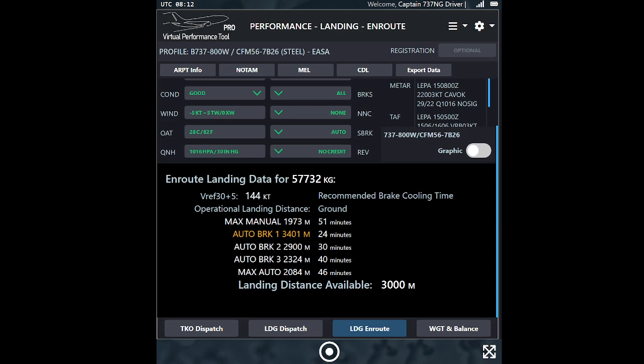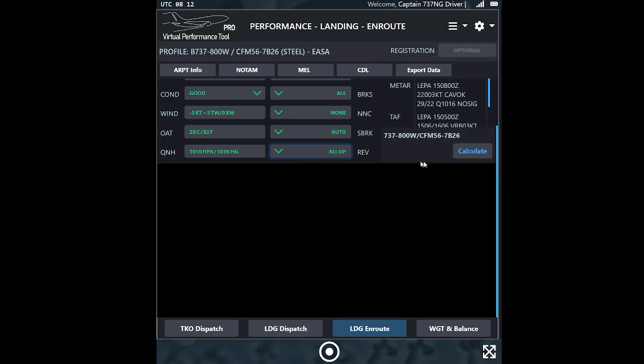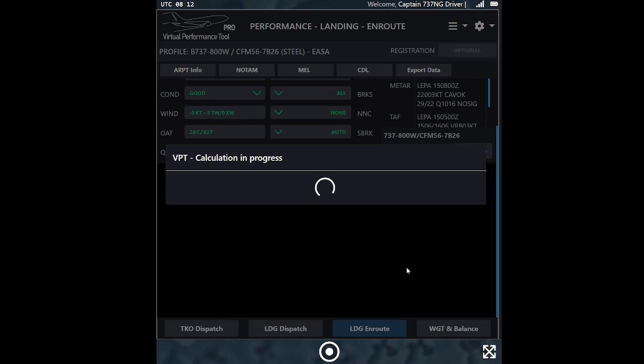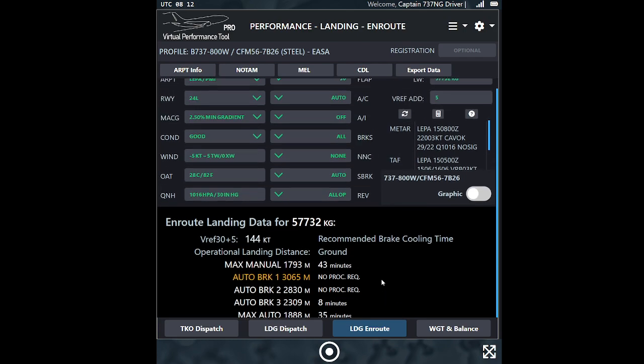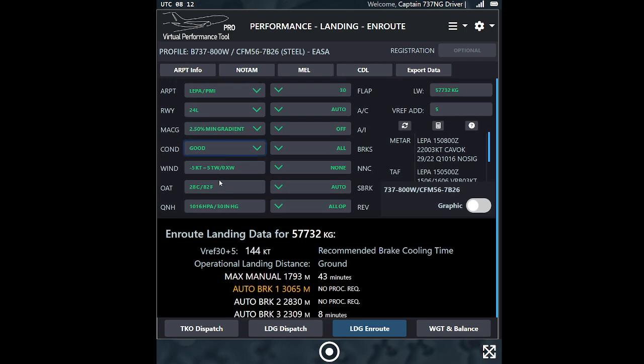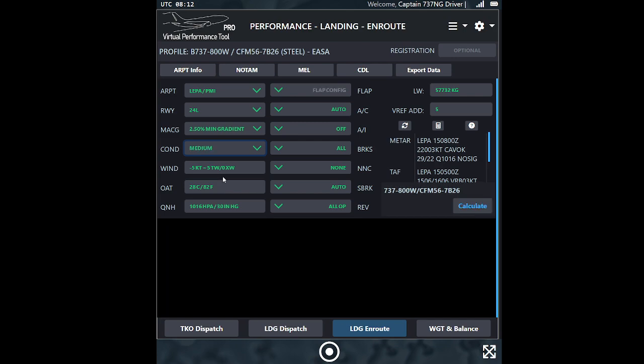And you can see 2,323 meters with no reverse credit. Now if I'm taking reversers all operational on a wet runway, you can see that I'm actually getting a little bit less of a stopping distance. Now, if we want to take this to the extremes, and for example we fly on a runway that has a medium braking action,